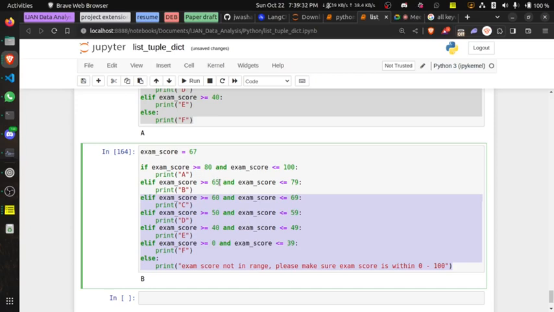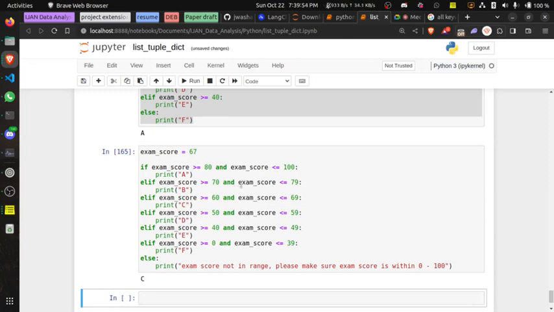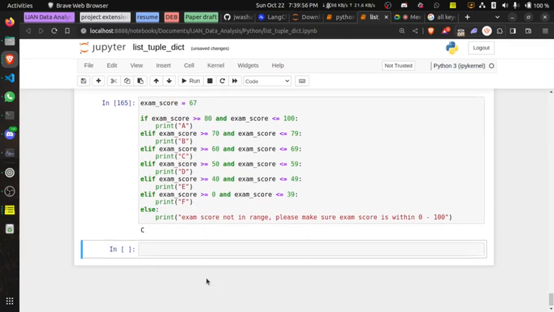Okay, let me just add one thing, then we take questions and we call it a day. So what I want to add is, now taking this exam score this way, we can make it interactive, in a way that we can accept input from users. So rather than me just typing it here, then I have to run all of this again, right? We can make it interactive. To do that, we have to use a command called input.